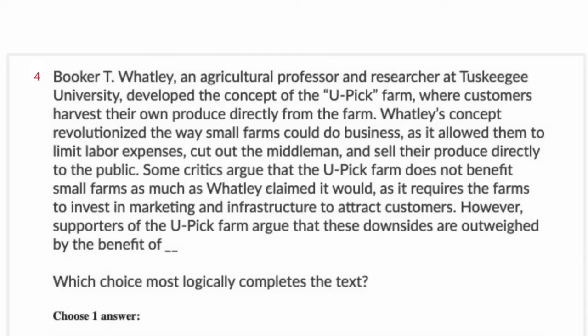And infrastructure is a good vocabulary word to know. It's just sort of stuff that needs to be in place. For a city, infrastructure is things like roads, railroad tracks, plumbing, water pipes, electrical lines, etc. In this case, I'm not sure what it means beyond marketing, signs, advertisements, I don't know, whatever it is. However, supporters of the U-Pick farm argue that these downsides are outweighed by the benefit of,